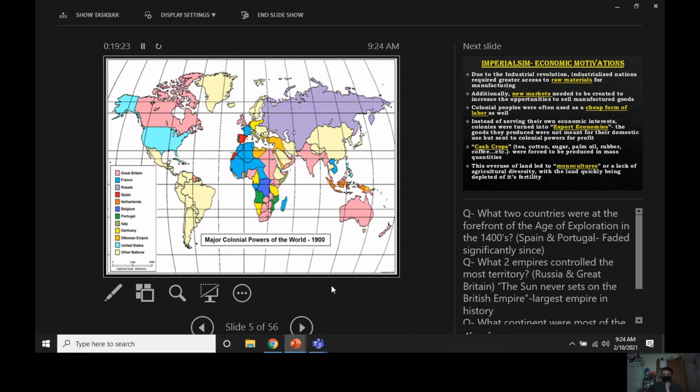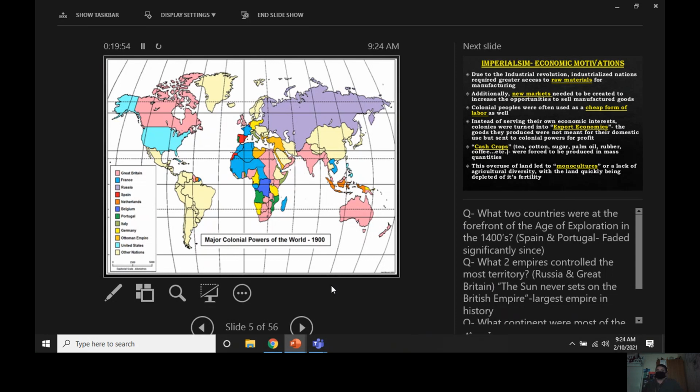The Dutch, kind of sorted to the same extent. It's not like they're going out and getting a whole lot of new stuff, but the colonies that they did develop, especially in Indonesia, they still control. The Russians are doing their empire building, but again, it's a little bit separate from these guys because it's not so much about industrialization, although to some extent it is, but they're pretty much just staying in their connected territory. And then the Ottomans, they still got an empire, but it's, as we've said, kind of on the decline.